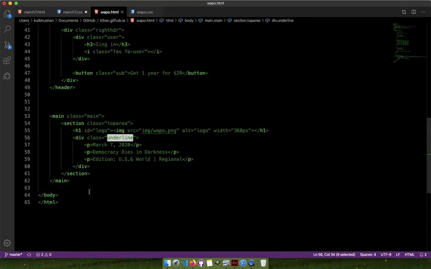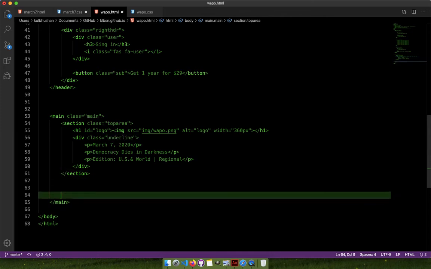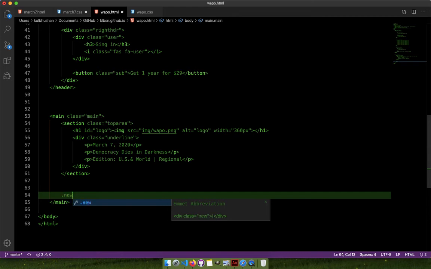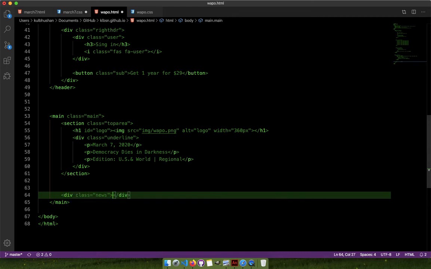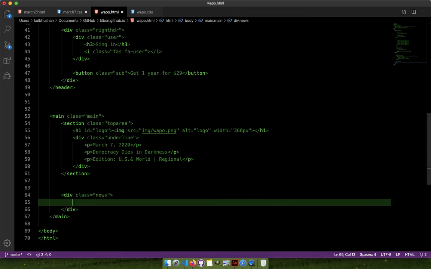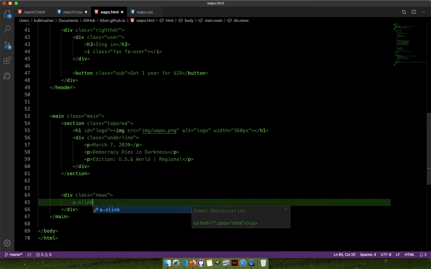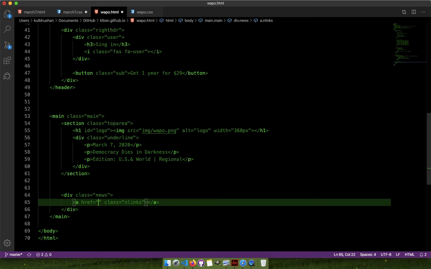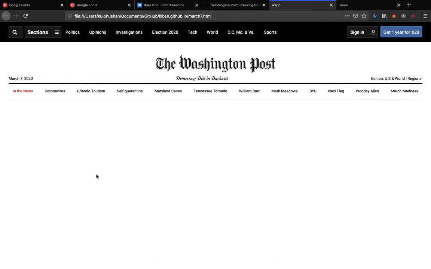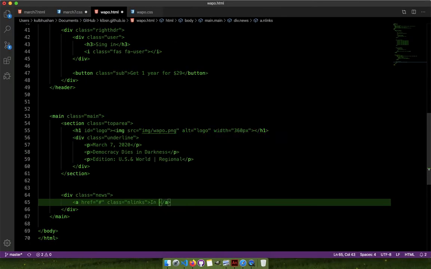So I will go back to my HTML file, and still inside the HTML main section I will create like a news div for this thing, and inside this I will have those text lines. So I will create 8 tags and give them the n links. That makes sense. Now I already have given the style to the n link, so I will not have to write those, remove the underlines and all those things. So the first link says